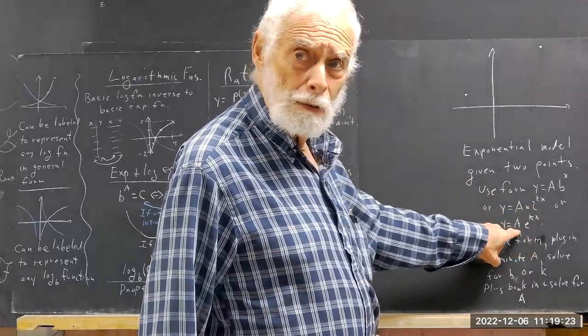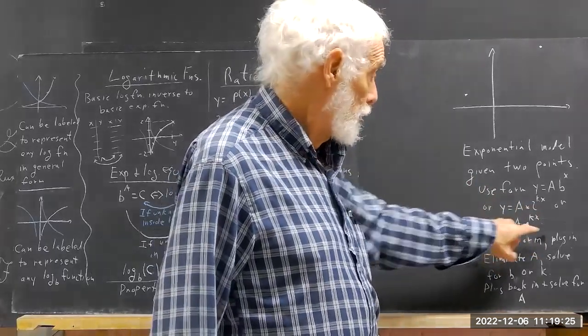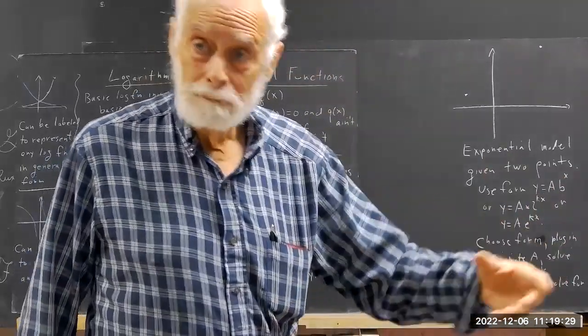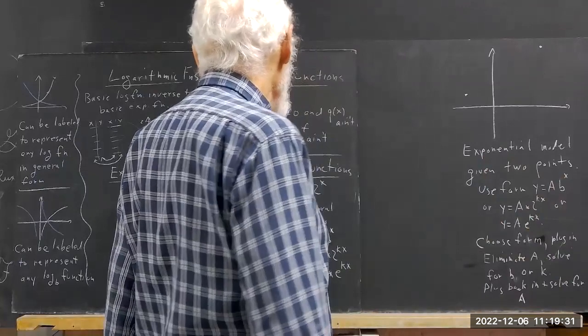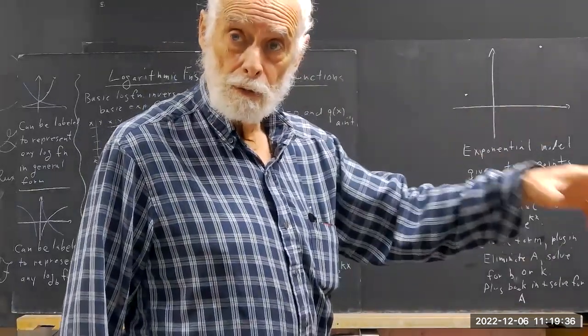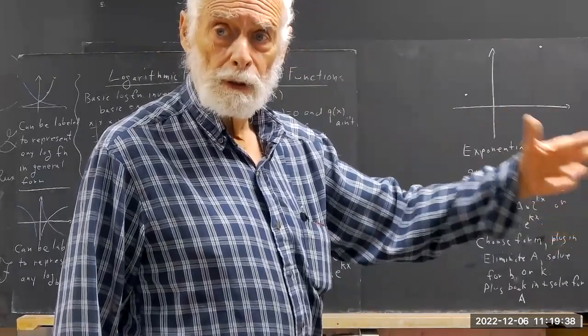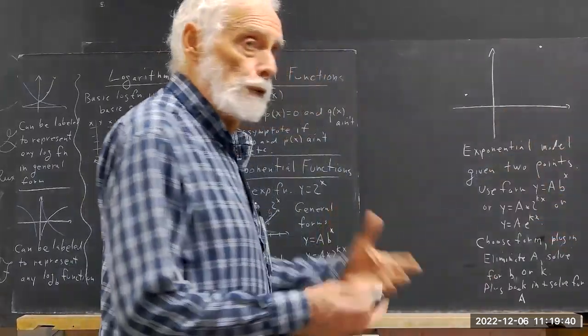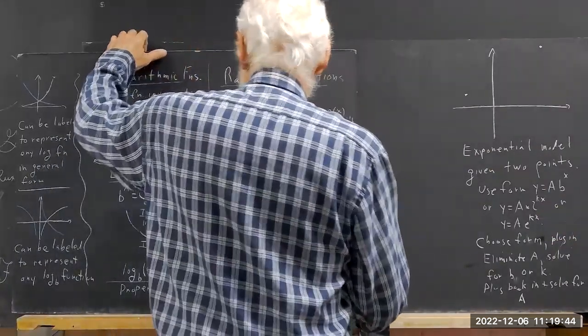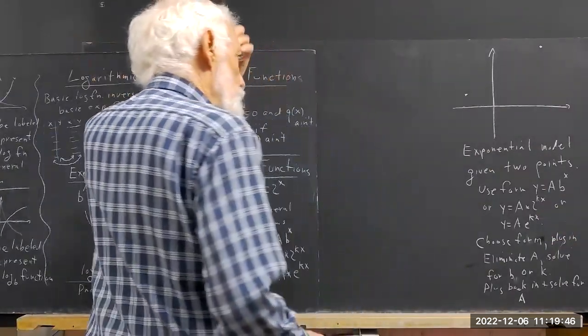There's not going to be an A there anymore. And you just have an equation in X that you can solve using the conversion from exponential to logarithmic to exponential form. In other words, using the inverse function properties. Okay, so